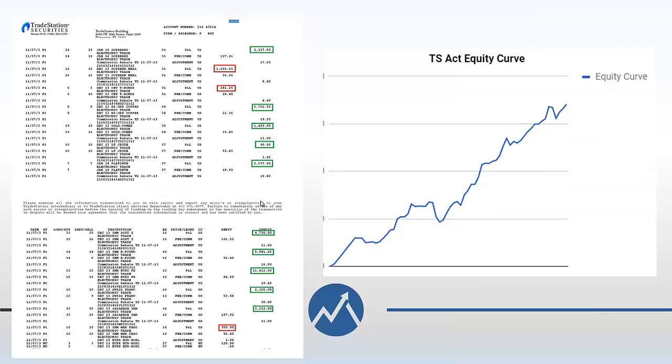Now, for those of you that don't know, I don't normally like spending a lot of time talking about me personally, but this is, for example, a broker statement of mine from the past, from one of the accounts I was trading, showing about $38,000 in gains. This is from one day. It's not huge. It's not small. It wasn't the biggest gains we've had. It wasn't the smallest. This is my equity curve from 2017.